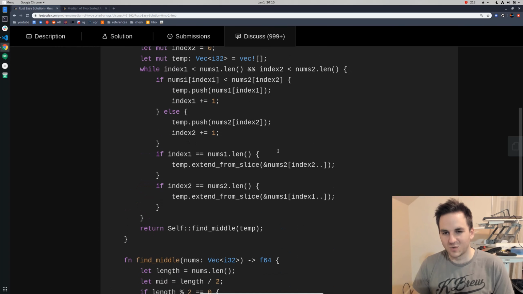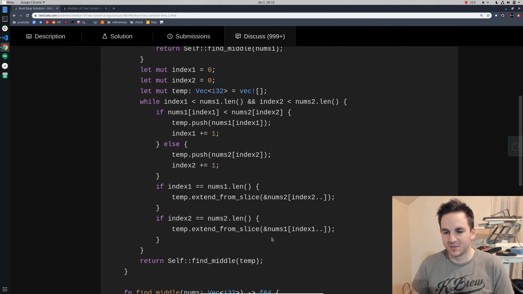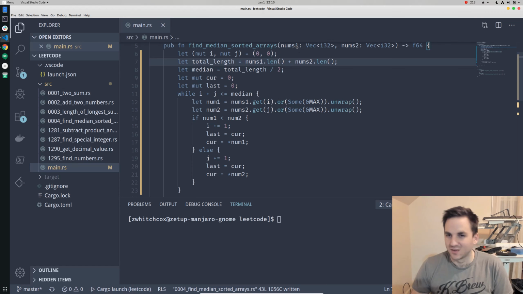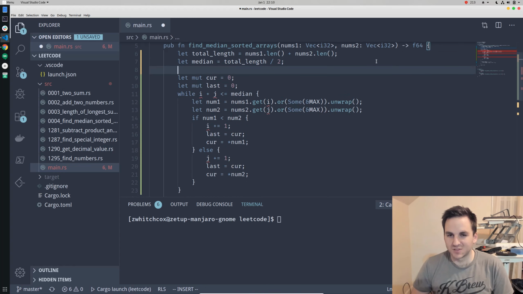So even though our solution is pretty much better than this one, we can still learn from it. We can still take pieces of what he did. Okay, if we really wanted to be lazy, what we could do is just combine these two vectors and then sort them and then find the median of that. So we could basically go back to our old code. So we'll keep that length, and we'll just say